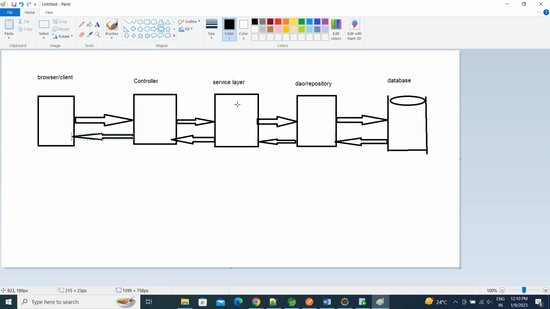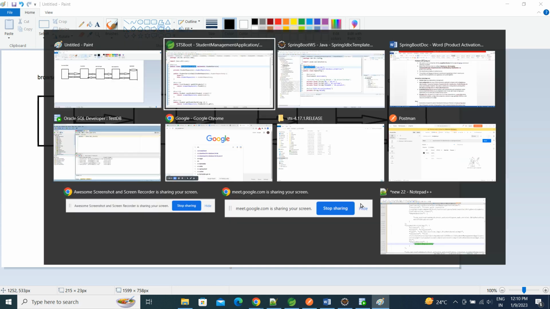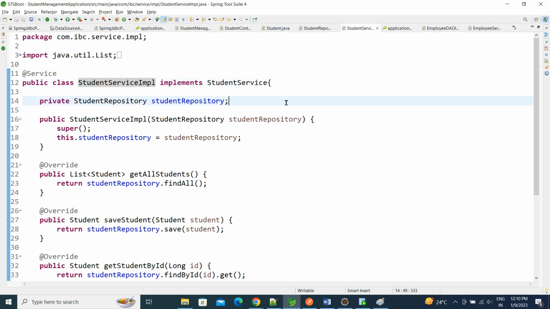Client to controller, controller to service layer, to DAO, DAO to database. Again, the database will return data to the repository layer, the repository layer will return the data to the service layer, the service layer will return it back to the controller, and the controller will return that back to the client. This is the flow, right? Now here also,